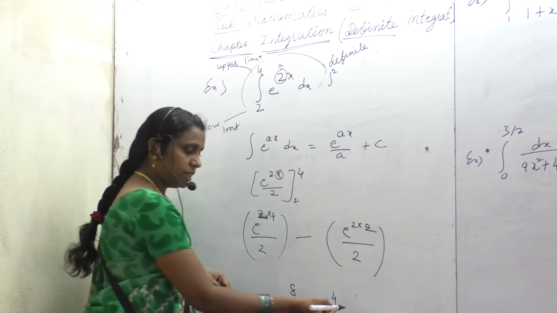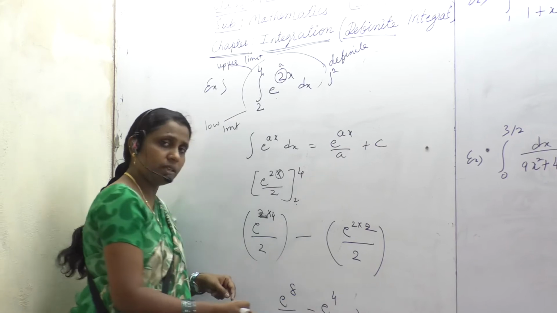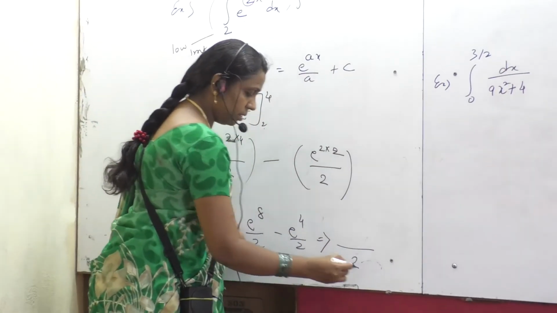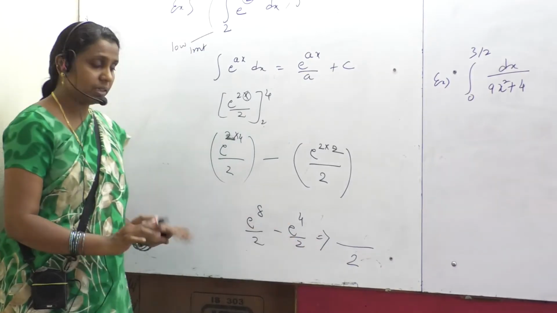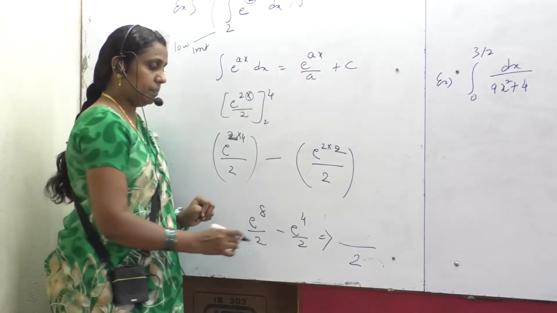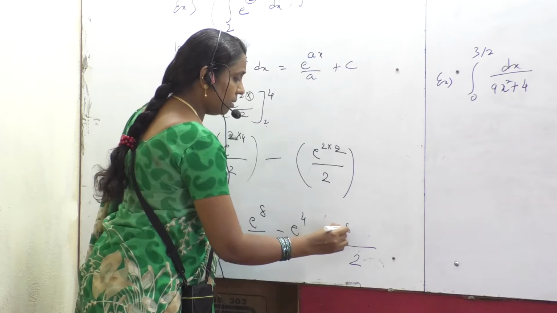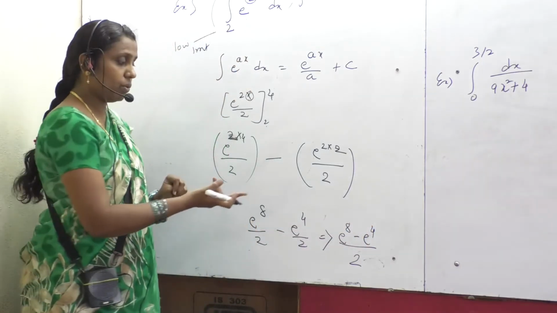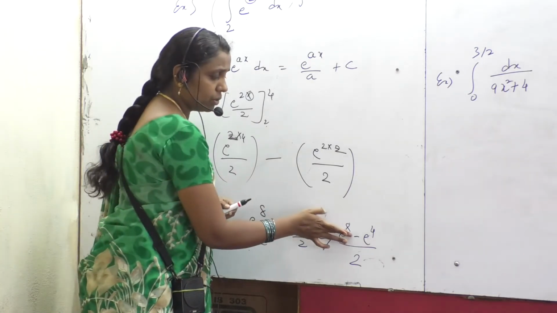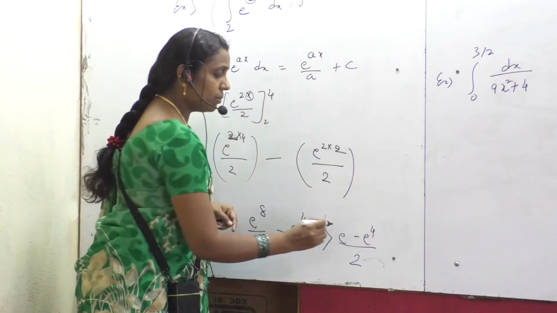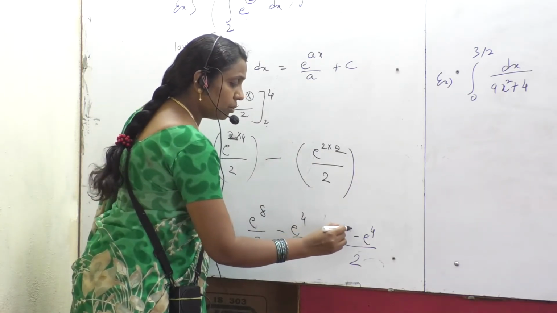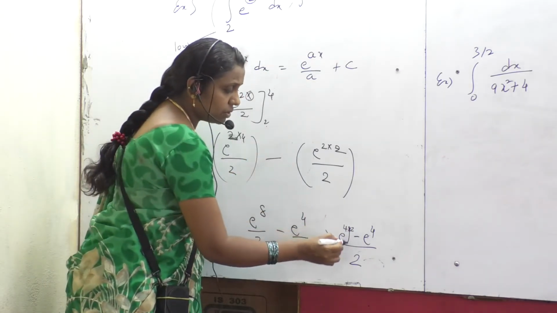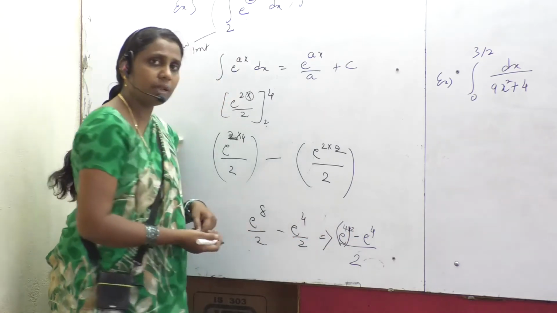So further simplification, if it is going further, you can solve it further. The LCM will be 2, am I right? e raised to 8 minus e raised to 4. This is your choice. How you are going to sort it out is left to you. e raised to 8. 4 into 2 is our e raised to 8. Now e raised to 4 raised to 2 like.